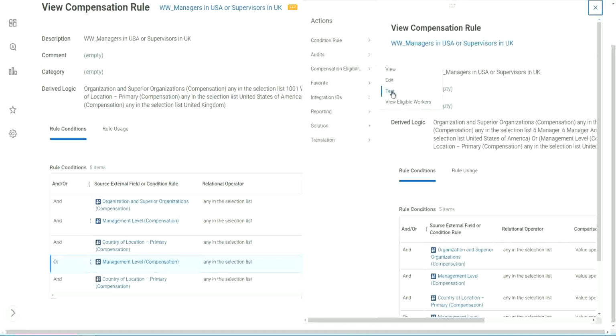Right, and the result will be either yes or no. If the worker is part of this list, it will be yes. If the worker doesn't satisfy the condition, it will be a no, right? It is always recommended that you do a positive test as well as some negative tests as well. Okay,